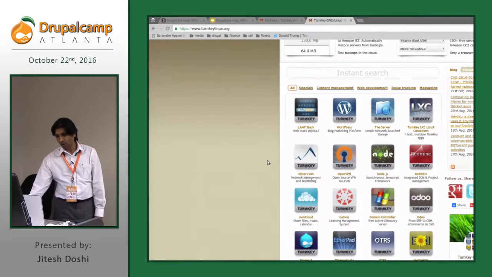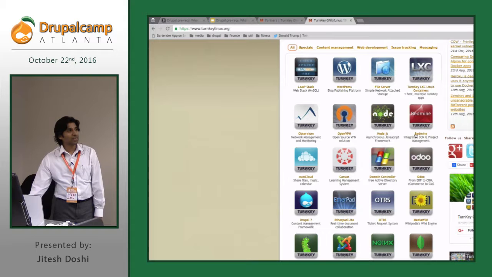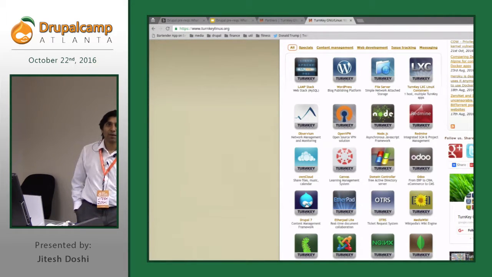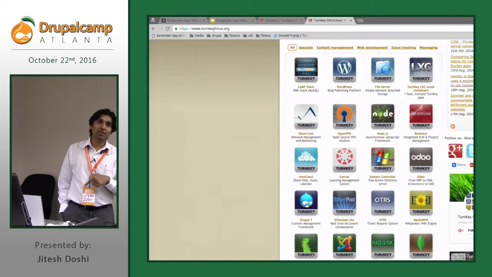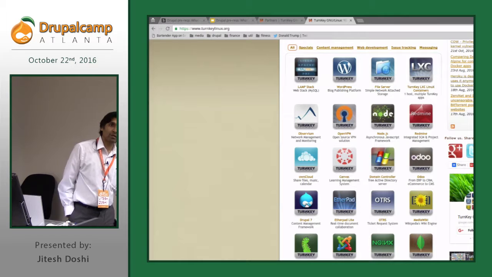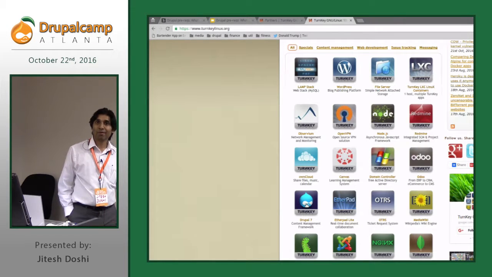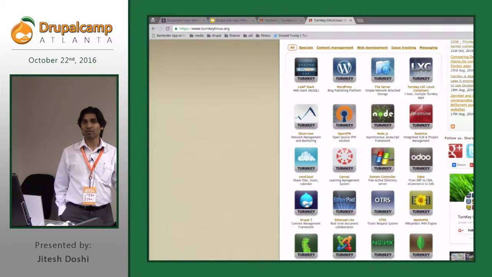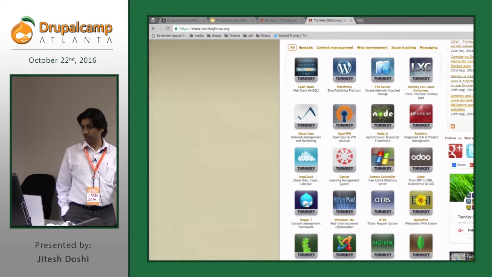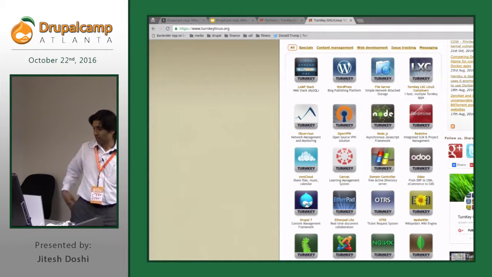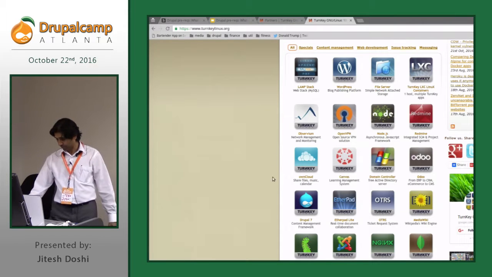So here, there are all these TurnKey images, and as you can see, one of them is Drupal. If you take one of these images and install it either on your cloud VM or on your local VM, you don't have to do any work of installation and so on and so forth. All the admin work is done for you ahead of time. And these images are very rich. They come with all kinds of management consoles, etc. So I highly recommend those.